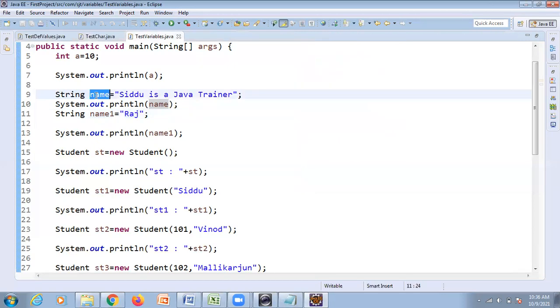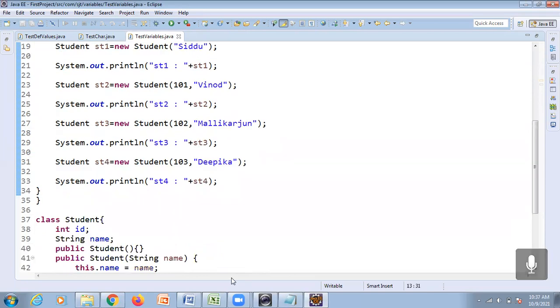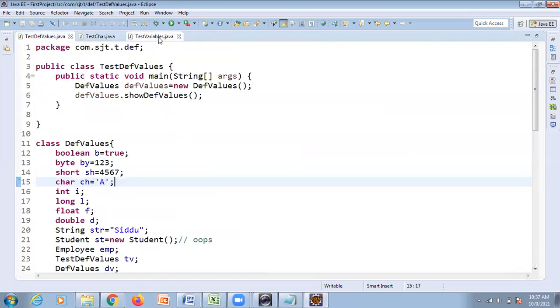But for the name variable, JVM is going to allocate only 8 bytes of memory. Why has it given 8 bytes? Because this object can be changed, right? Its size can vary from 0 bytes to n number of bytes. So that is why only 8 bytes. The object is going to be created inside the heap memory, and whenever you want to store it into the variable, its address is stored, not the exact value. So this is the main takeaway from reference and primitive variables, right? And we also discussed different syntaxes, I think.